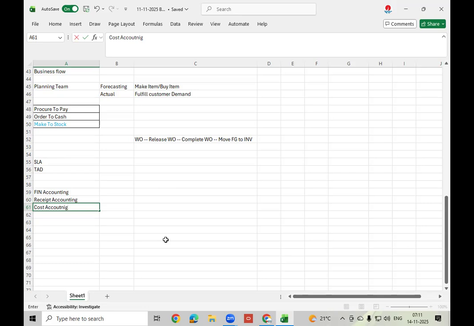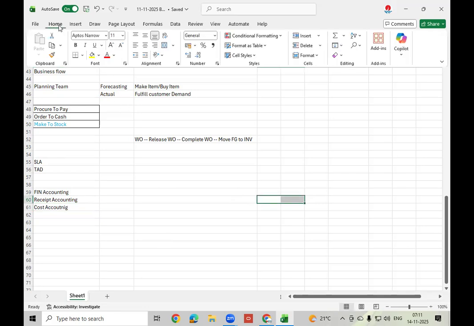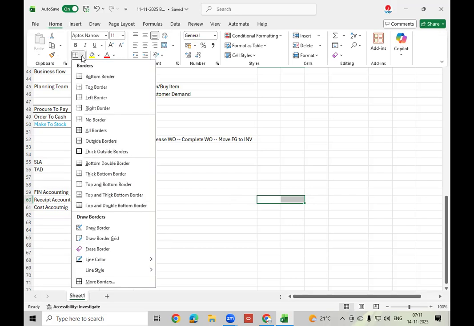How will this account be maintained? You will find this format, this accounting structure.